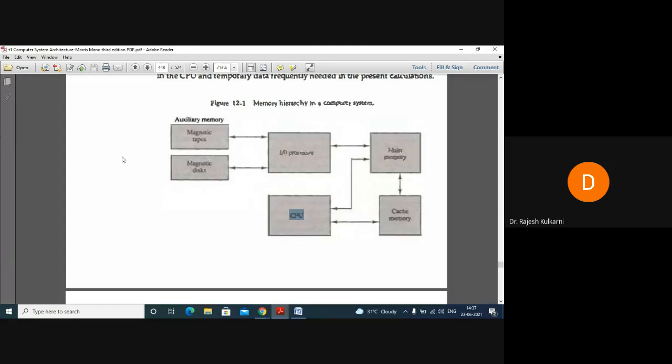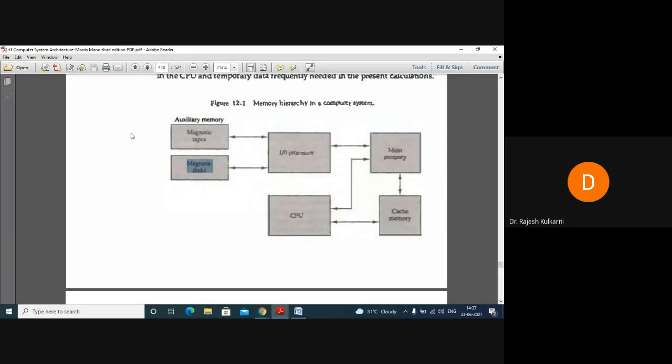Now, also they have different costs, and they have different size. If you ask which is the smallest size memory, you will tell that register is smallest. Then next is cache, next is RAM, and next is hard disk. Size means capacity here. Your hard disk can be 1 terabyte, right? Nowadays you buy a Seagate or Barracuda hard disk, and the capacity of that hard disk will be 1 terabyte kind of thing.